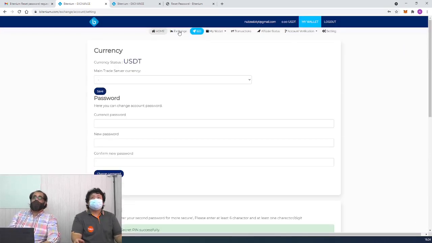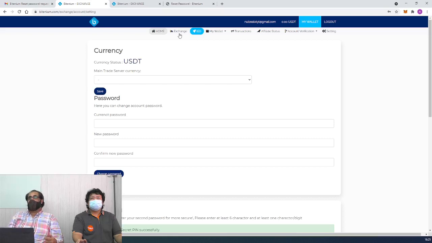On top you will see the functions: home, exchange, IEO. IEO is for when somebody wants to raise funds from the exchange. You can go to IEO and see what you are interested in investing in, and if their tokens interest you, you can purchase during the period of soft cap and hard cap.